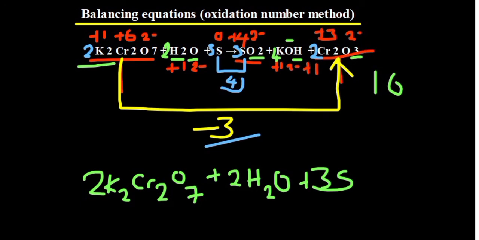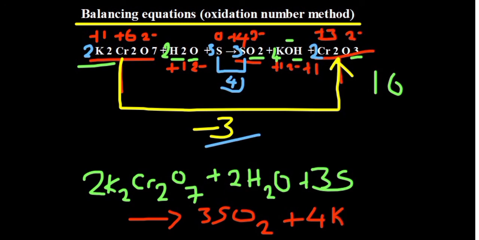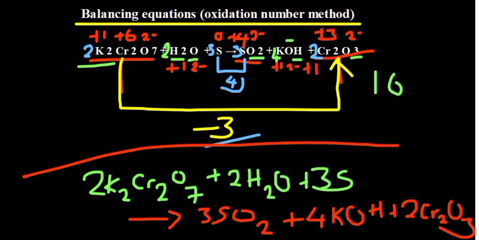So the products we have, due to lack of enough space, I'm writing down 3 SO2 plus 4 KOH plus 2 Cr2O3. So that's the way to go about it when you're asked to balance chemical equations using the oxidation number method,